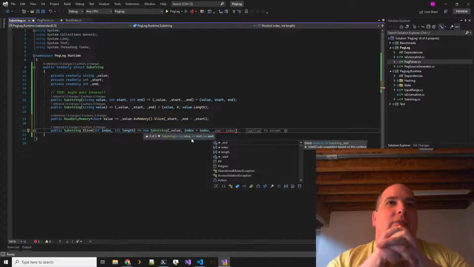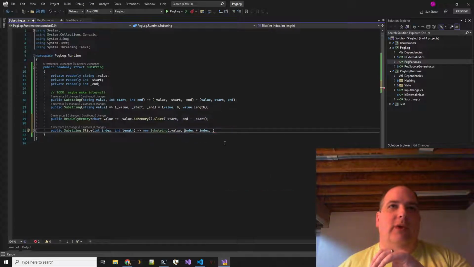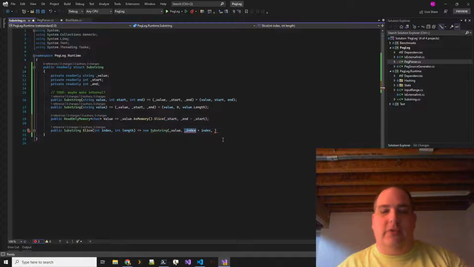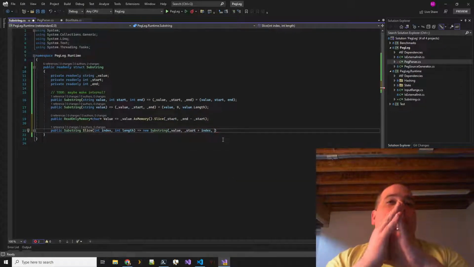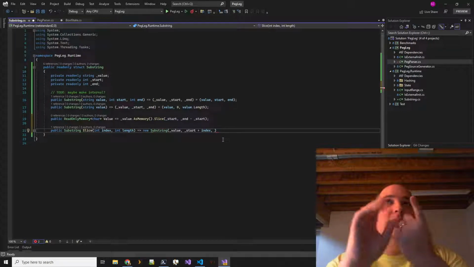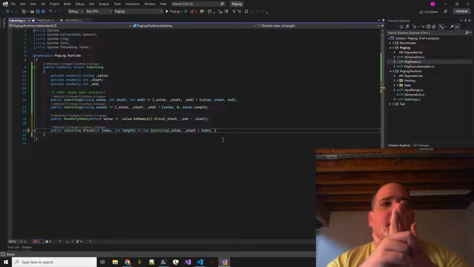So the new end would be, oops, that's not what I wanted, not index plus index. I want underscore start plus index, my bad. Yeah, so let's figure out from the new start. So it'd be underscore start plus index, and then plus length, right?